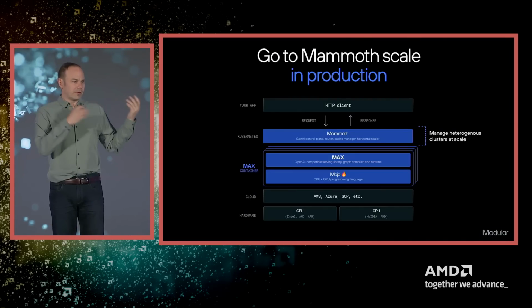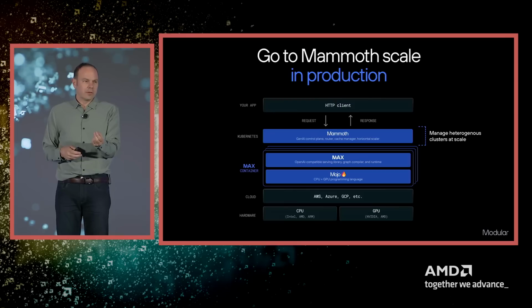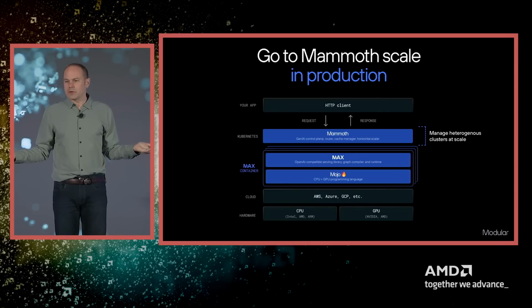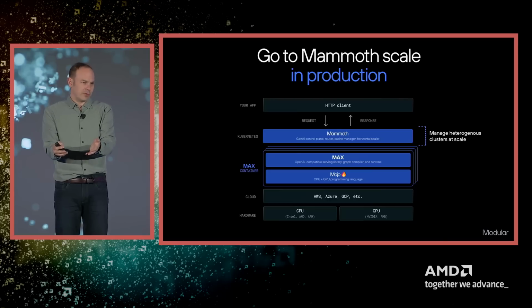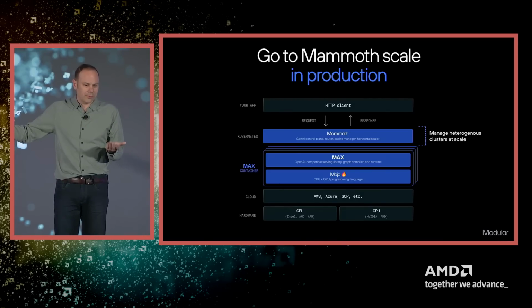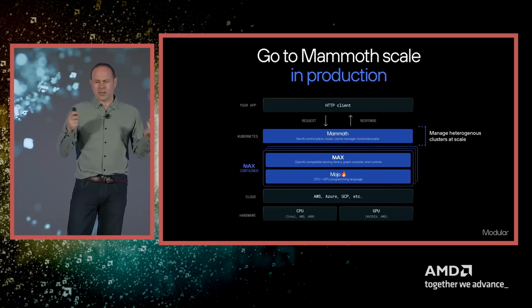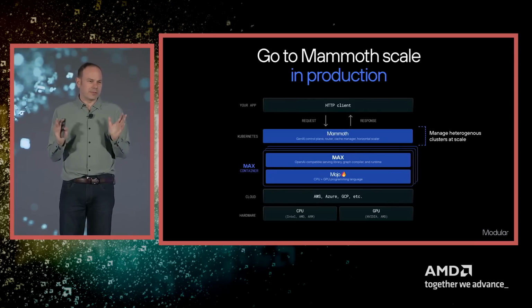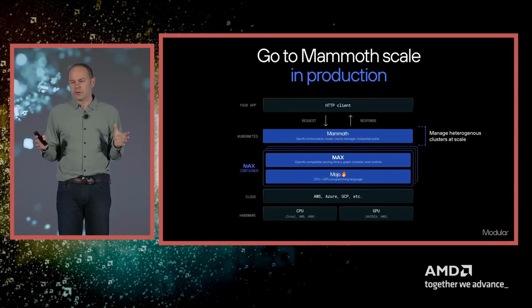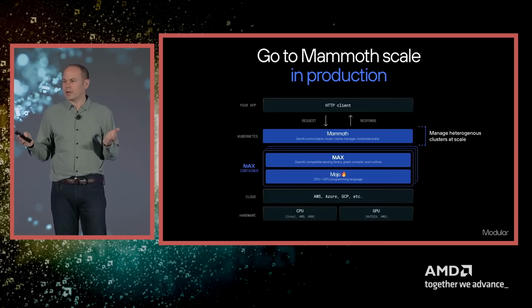Going back to our stack, one of the things we hear from enterprises is they want to deploy and scale not just one model or one use case, but they have a fleet of GPUs and they're managing these things. They have many different product teams, all trying to throw workloads onto these GPUs, and they have to manage this. Mammoth is a technology we're just unveiling now that allows you to scale into this, get amazing TCO benefits, disaggregated prefill, like all these cool things that you'd come to expect from a cluster scale solution, but one that scales with you.